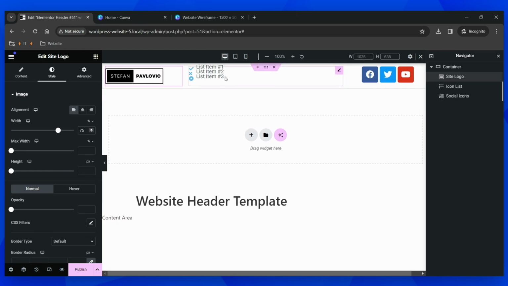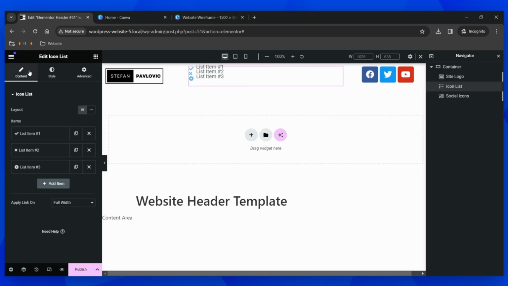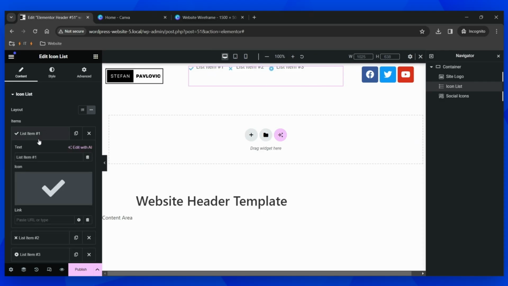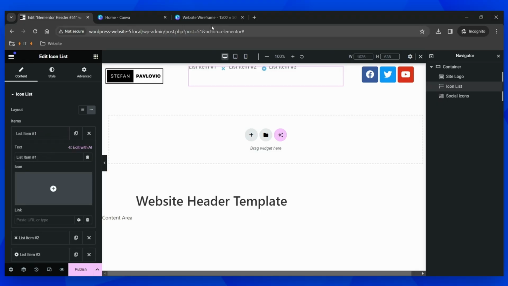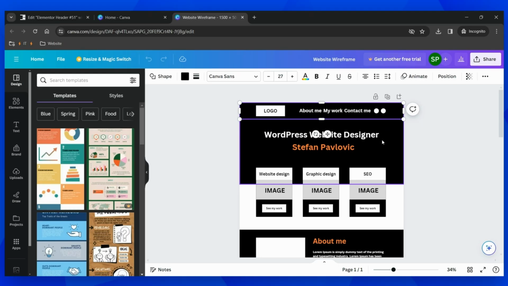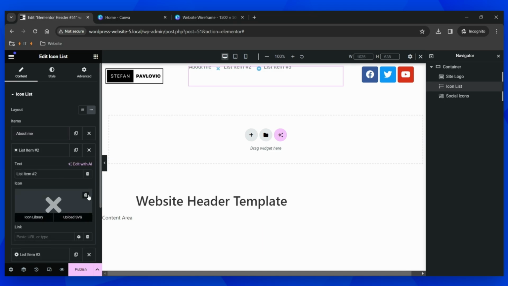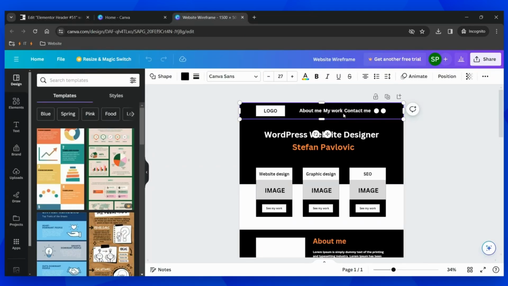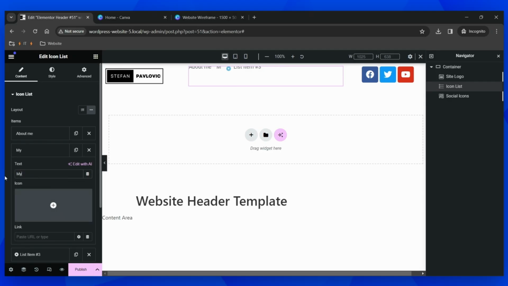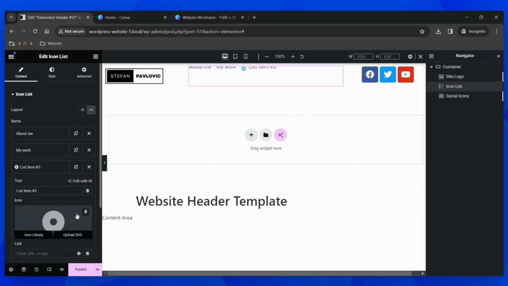Now, the next thing is the icon list. First thing what we need to do is in the content tab, we need to change to inline, so that these elements or list items will be in the same line. And then let's delete the icons by clicking on the list item, and let's change this one to, if you take a look at the wireframe, about me. Then the next step is my work. And the last is